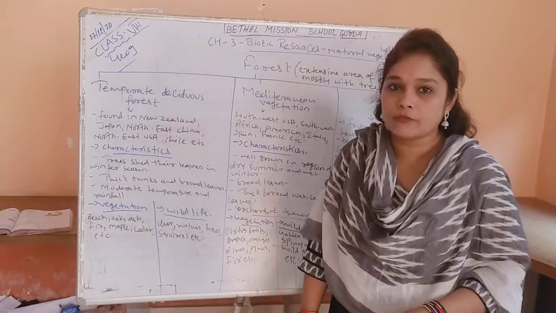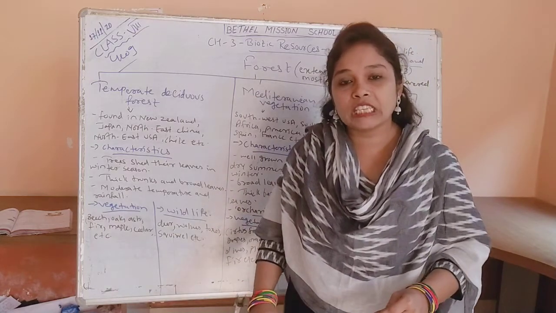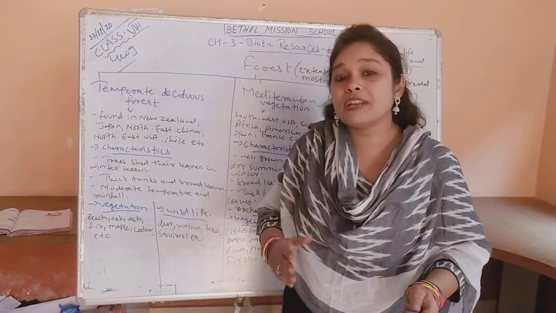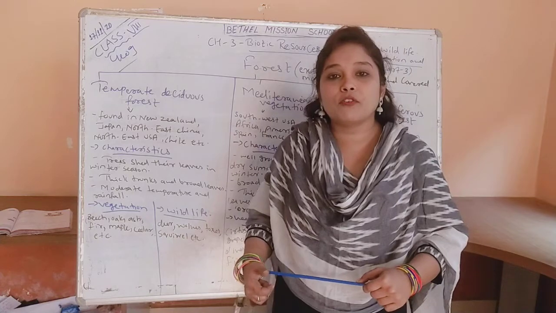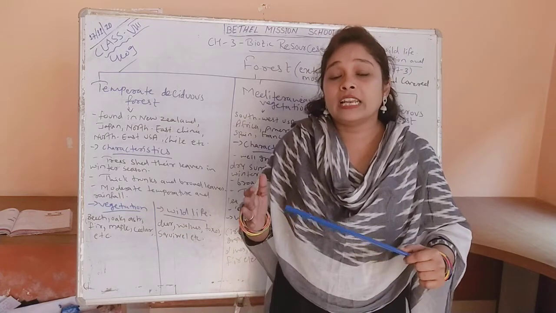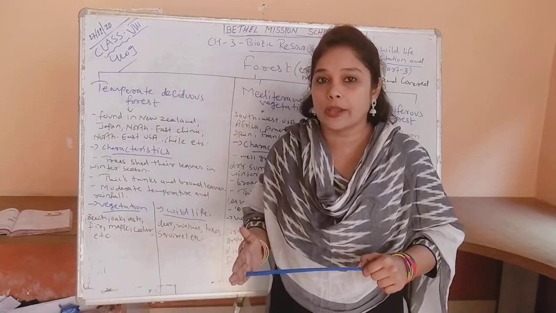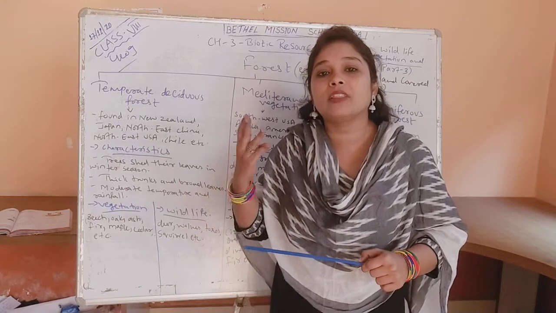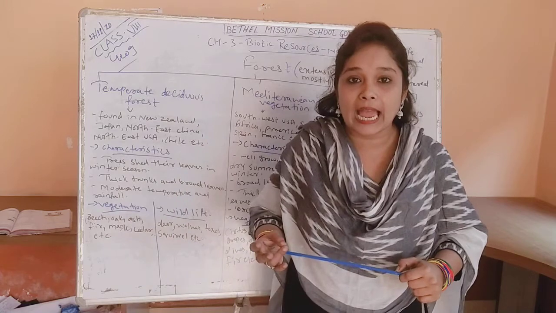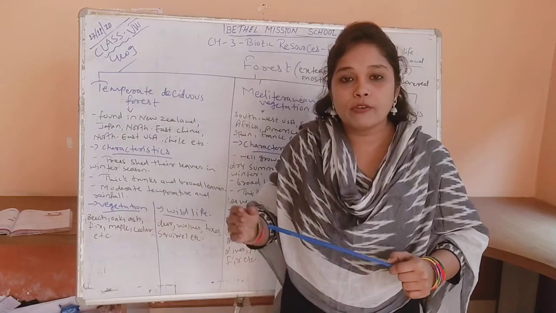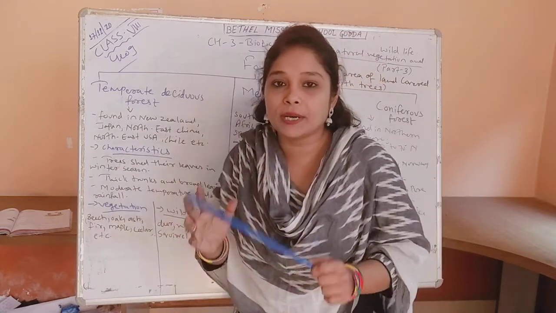Today we are on the third session of class 8 geography chapter 3, biotic resources. In our last session we have seen that there are different types of natural vegetation, that is forest, shrubs and grasslands. We have started with the forest. There are different types of forest. You can say that there are 6 types of forest which we are going to learn in this chapter. In our last session we have completed 3 different types of forest, that is tropical evergreen forest, tropical deciduous forest and temperate evergreen forest. Now we are going to have the other 3 types of forest to complete that particular topic.